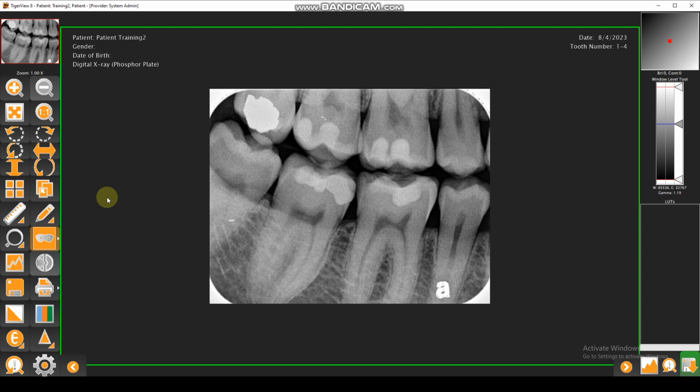We also have an annotation feature in the TigerView viewer. We simply click the Annotate button, which is the pencil on the left-hand side. Once we click that, we're going to get a drop-down up at the top with some various options available to us. We have the option to draw a line, extended line, freehand, circle, square, arrow, laterality markers, draw text, a